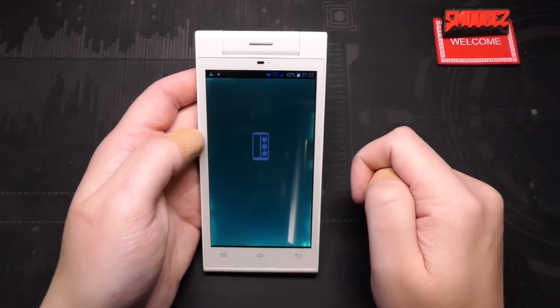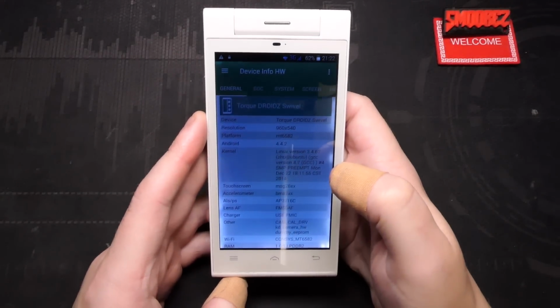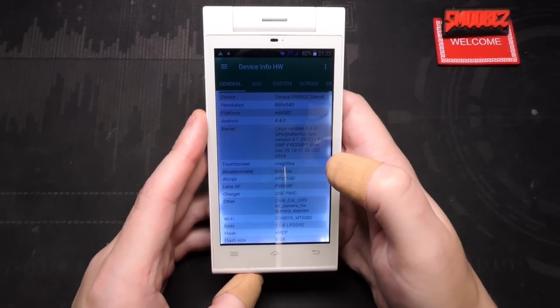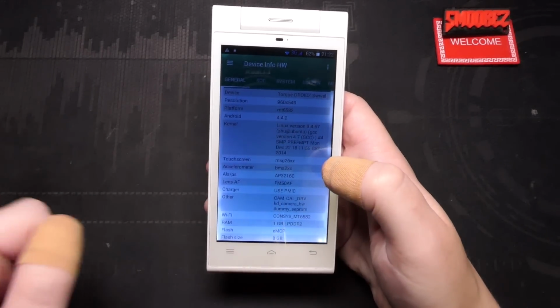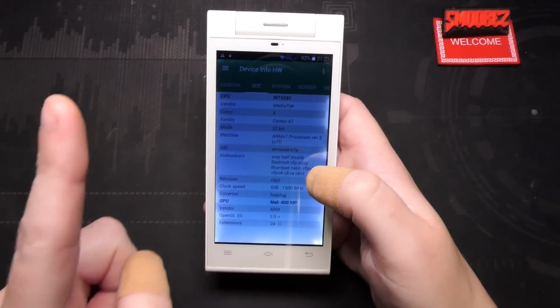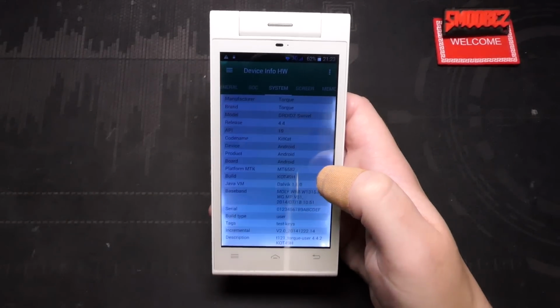Let's open device info hardware and check the specs. It is the 6582 that's in this. It's definitely the TORQUE DROIDZ SWIVEL, and it's using DDR2. Wow, not DDR3. MT6580 was DDR3. It seems like the 6582 is better than the 6580. Then again, the 6580 is somewhat capable. It just depends what phone it's in. The serial number is